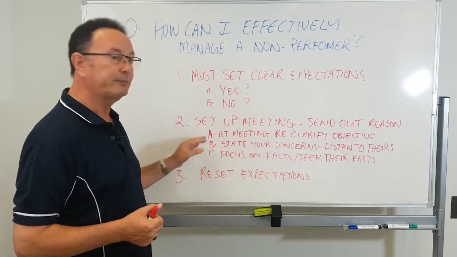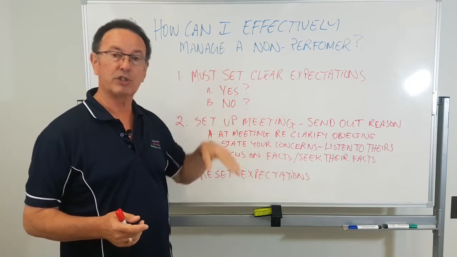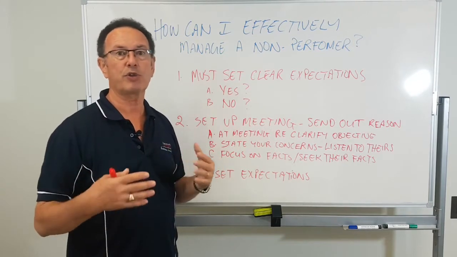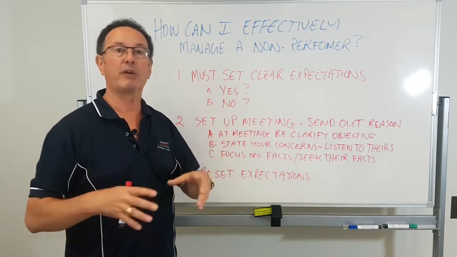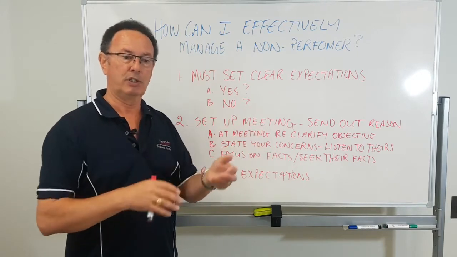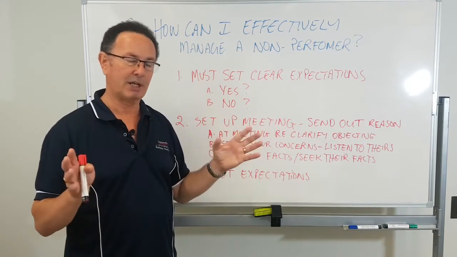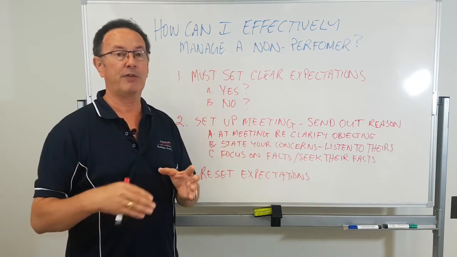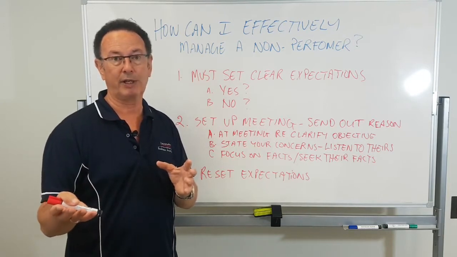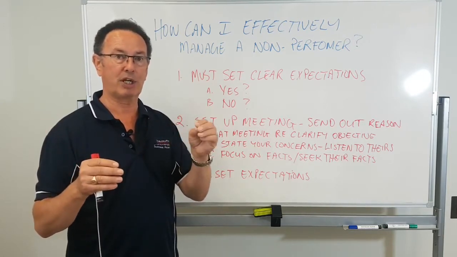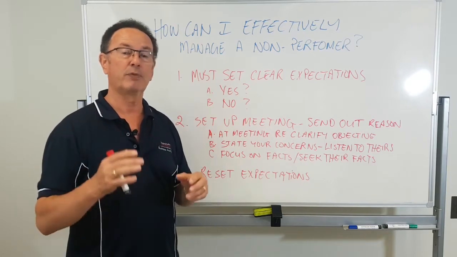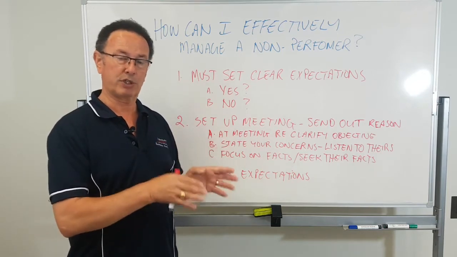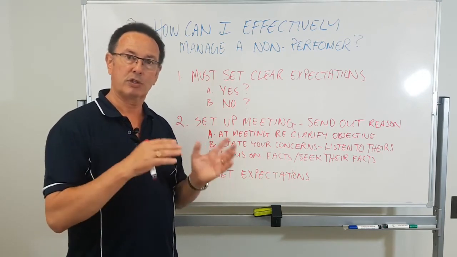Now, what happens when the non-performer goes consistently below the expectation? So you've typically had some coaching interventions with them, brought it to their attention, they've committed to things and they haven't delivered. Right, after 2 or 3 times of that, max, then you need to step it up a bit. You need to actually sit them down and then you lock them into a performance plan. So these are the minimal, if you like, expectations that you expect of them to deliver over the next 2 to 3 months. And then you say to them that we'll be reviewing this on a weekly basis. And so there'll be a trend.